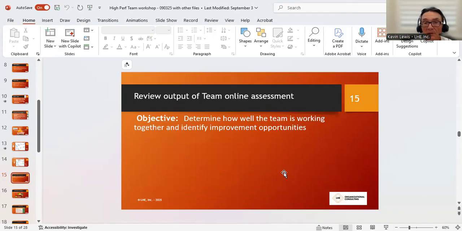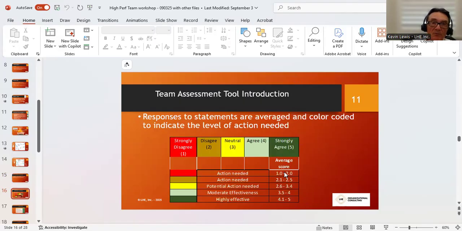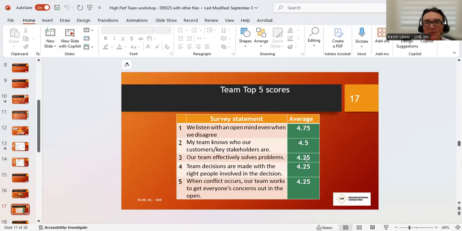And then after you do that, we go to the output of the assessment that they answered, the Likert scale and the statements. This is kind of interesting too. What we do is it's kind of a heat map. On those statements, you'll see the top five, like our team trusts each other. If your mean score was 4.1 or 4.5, whatever, then that's a strongly agree. That would be green. If you disagree, it's red. Red's bad, green is good. And obviously you have this PowerPoint, you'll put the right scores in. So we copied and pasted from the spreadsheet.